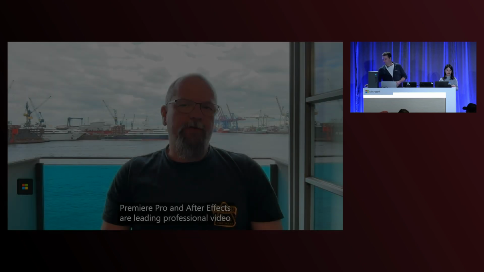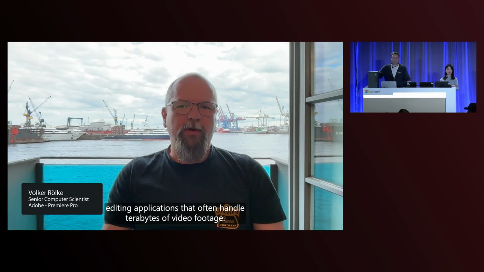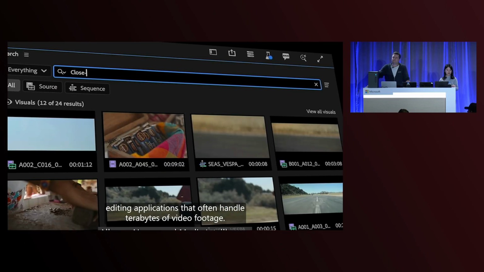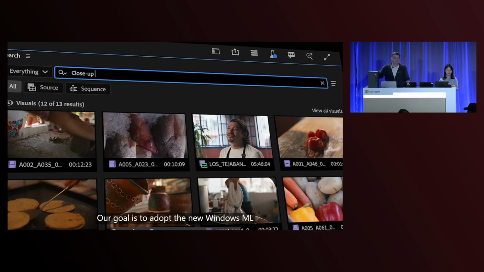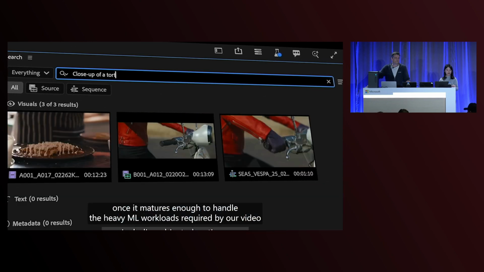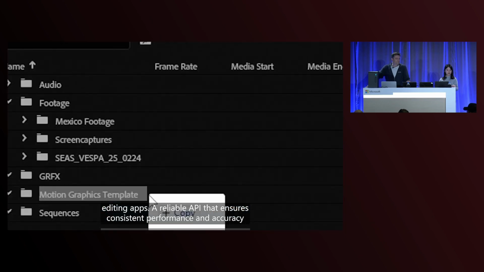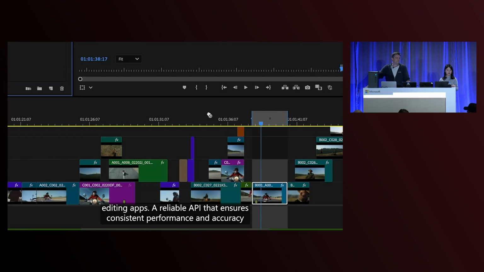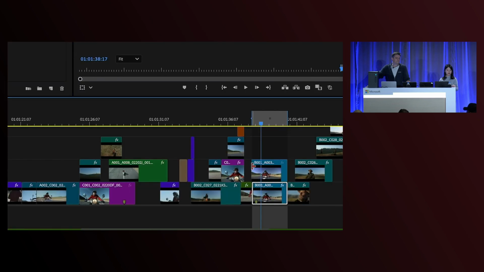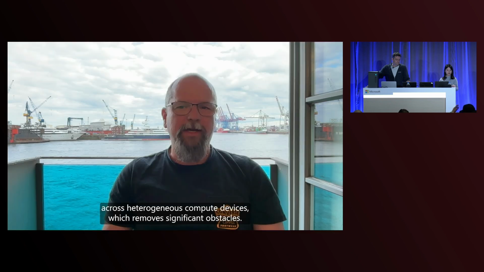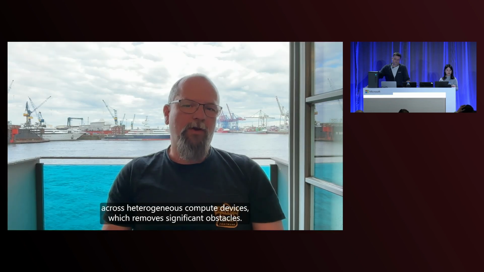Premiere Pro and After Effects are leading professional video editing applications that often handle terabytes of video footage. Our goal is to adopt the new Windows ML once it matures enough to handle the heavy ML workloads required by our video editing apps. A reliable API that ensures consistent performance and accuracy across heterogeneous compute devices would remove significant obstacles.